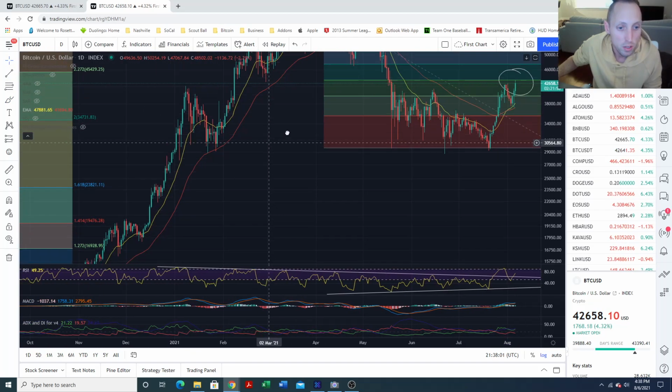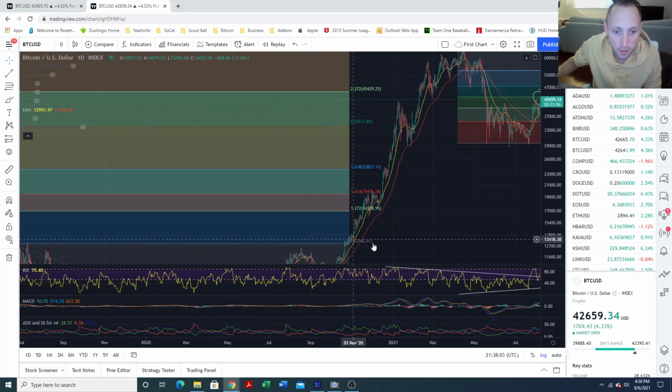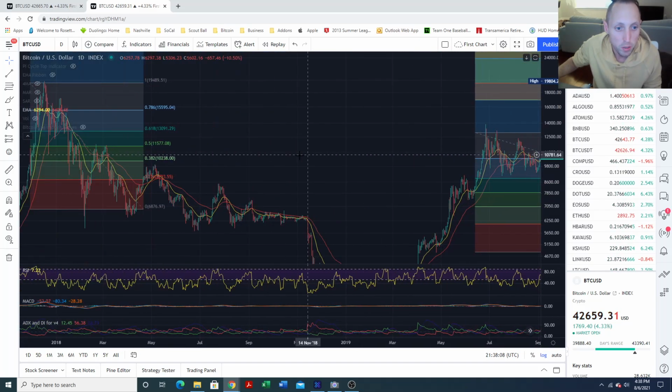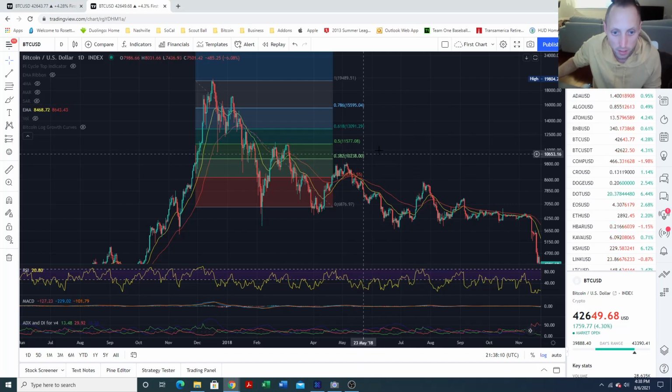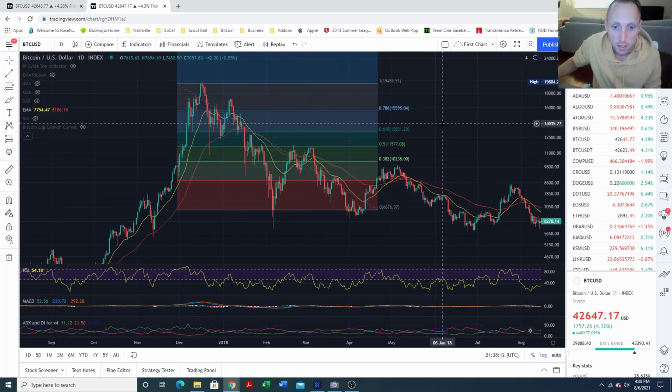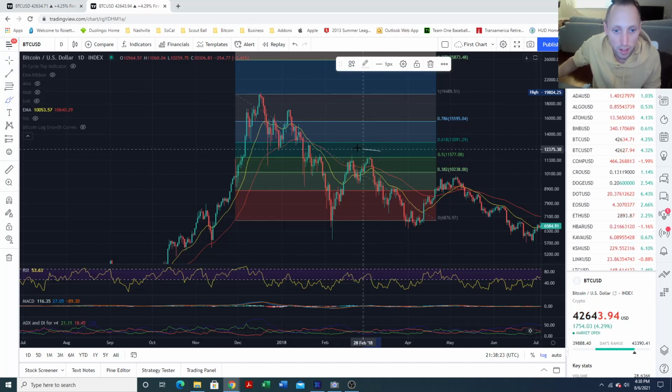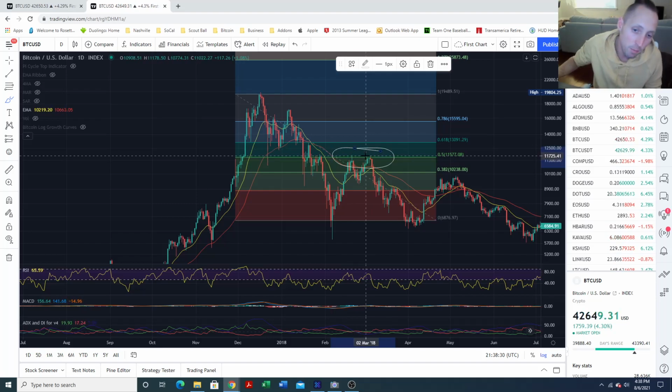Let's go back to some of the other crashes that Bitcoin's had. We're gonna skip this one right now. We're gonna go over here. This is the 2017 crash. Now, when Bitcoin eventually had a death cross right here, it came down and it started moving back up. And as we could see right here, the level that it got stuck at was that 0.5 fib level. So this is a level that I'm watching personally for myself.